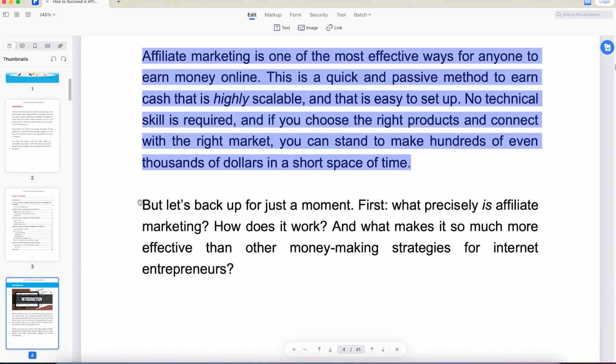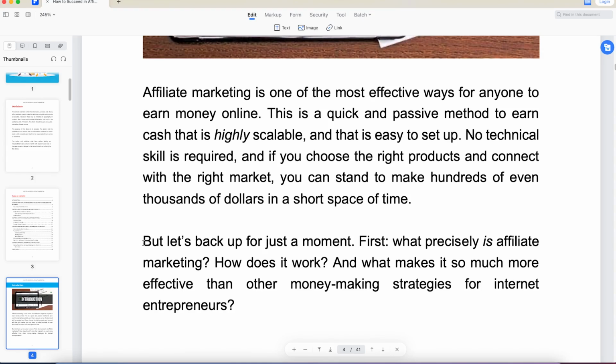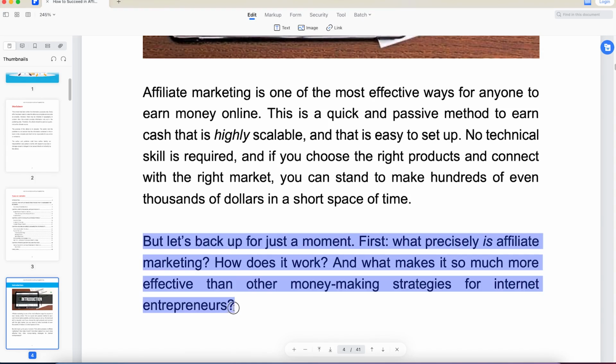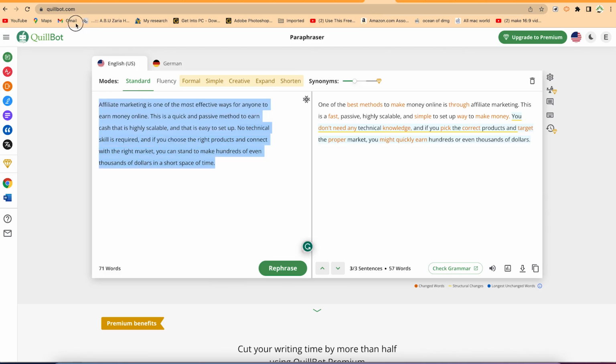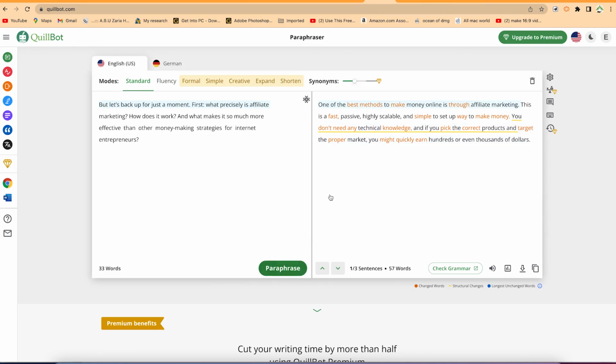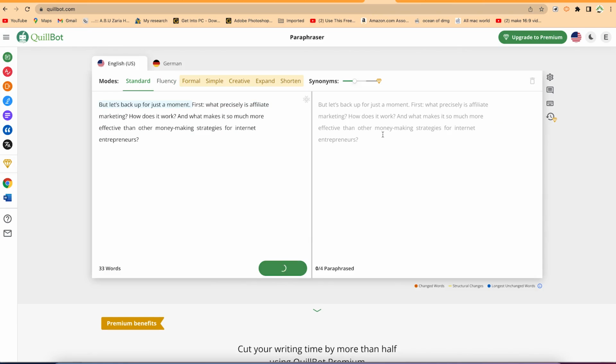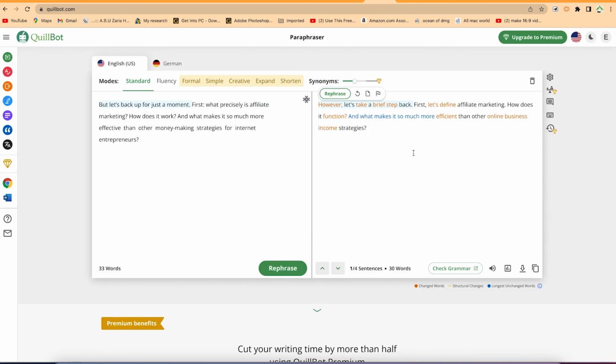You can just copy this. Yeah, so you can just highlight and copy the next paragraph. You can just come all the way back to your Quillbot and select everything, paste it, and paraphrase. As you move on, you are gradually going to trust it. Okay, so once you copy, you can just come back to your